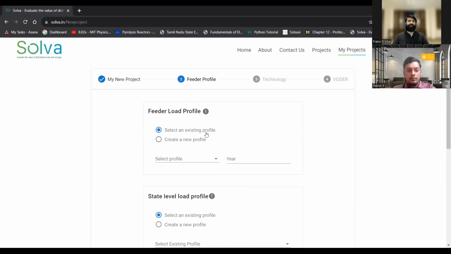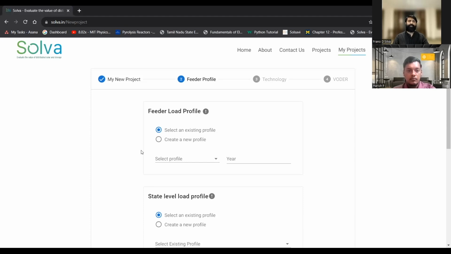Either I can select an existing profile which you can upload and share. So when you're making an account, you will have the option to select or deselect sharing of your load profile that you have uploaded. In case you do not want to share your data, then you can select a checkbox, which then does not share the information that you have uploaded. But in case you want to upload and allow others to use your load profile, you can uncheck that